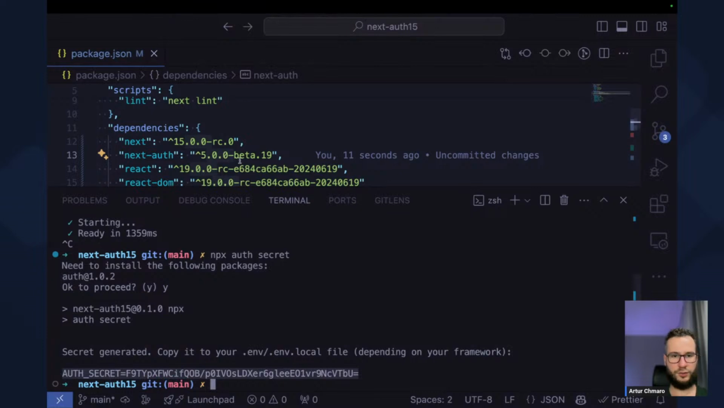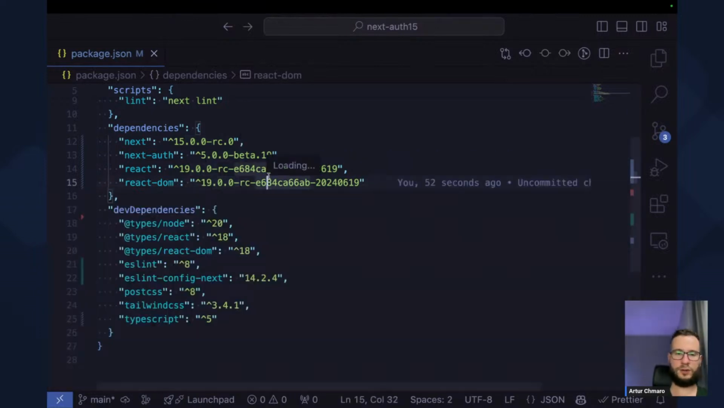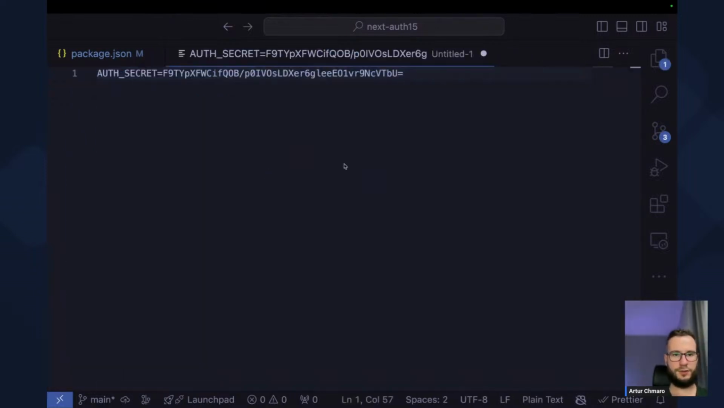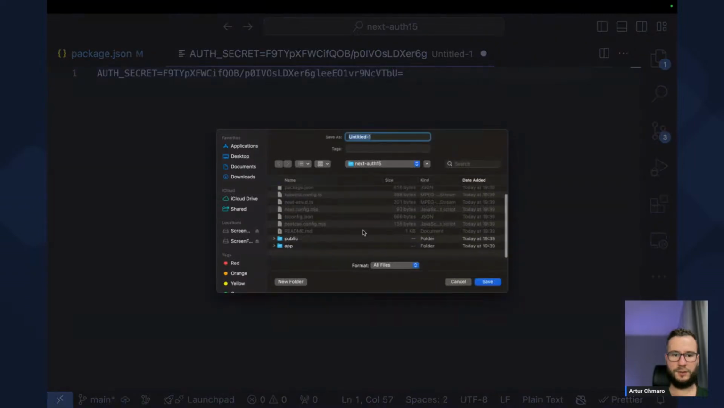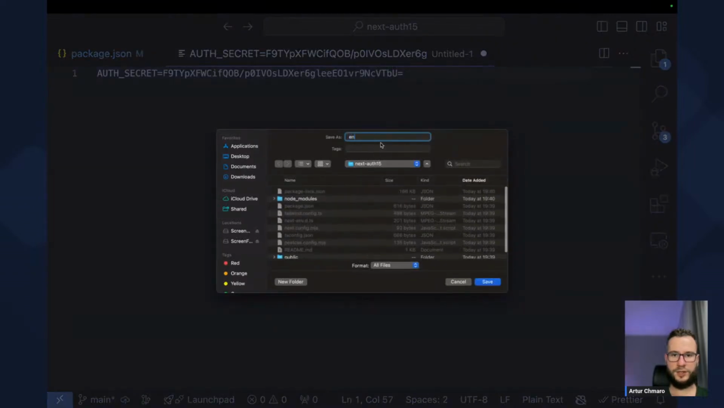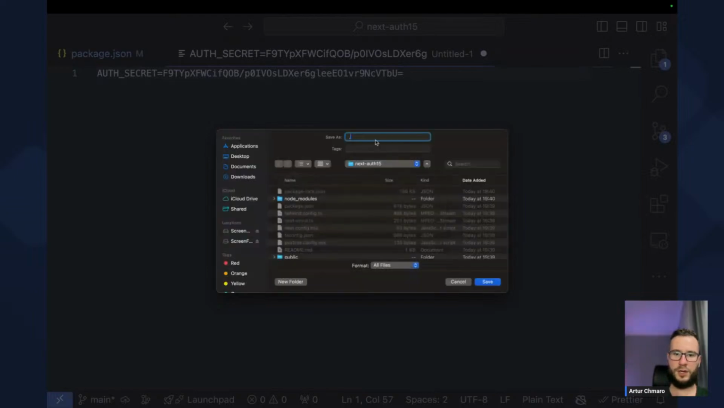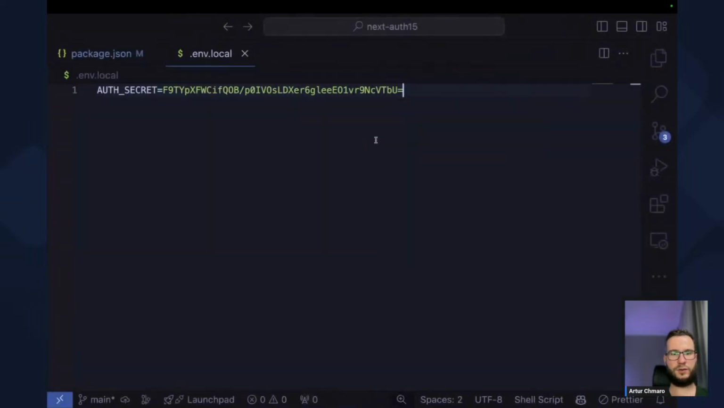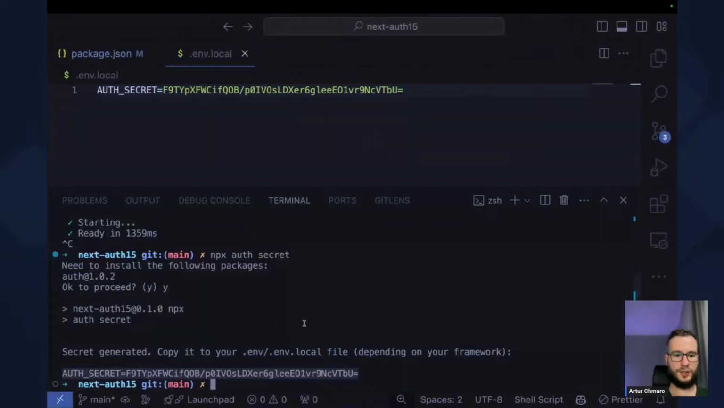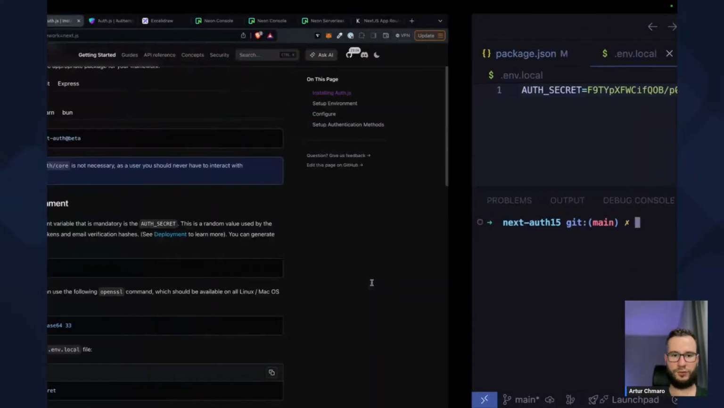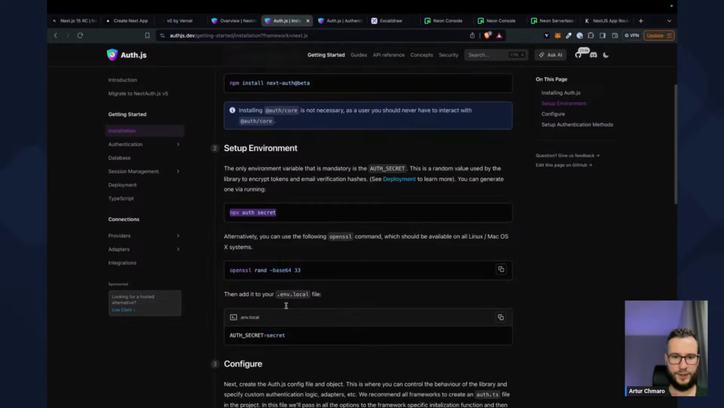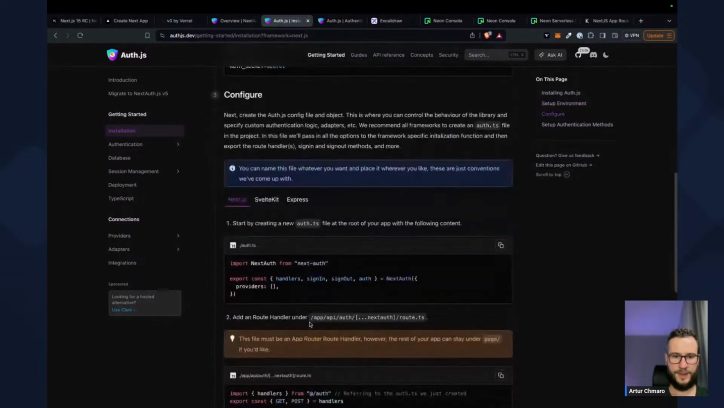I will copy it to the local .env file. So I don't have one yet. So it would be just .env. Oh, what's happened here? No. .env.local. Yes, I want to name the file like that. So we have some secret generated. What else do we have to do? Okay, our secret. And now we have to create a new auth